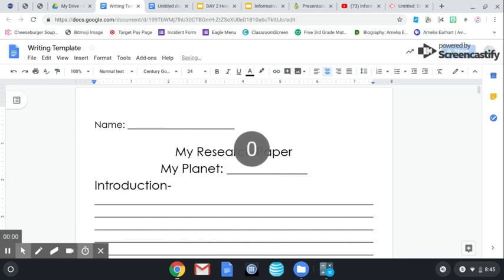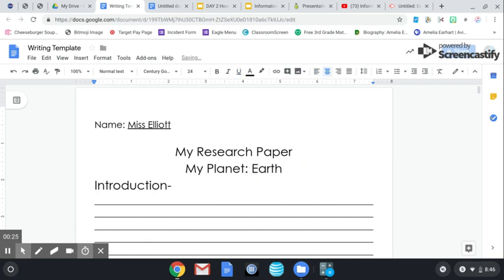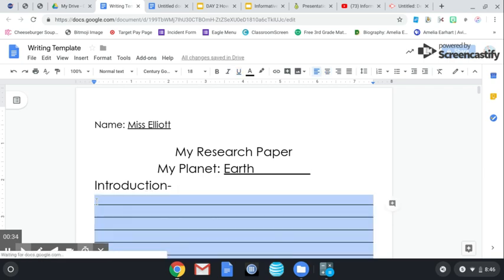Okay, ladies and gentlemen, I am going to begin typing up my research paper. As you can see, the one that I am working on is exactly like the one that you all have in front of you now. So I'm going to fill this in exactly how you need to. So it says name. Well, my name is Miss Elliott. The planet I searched was Earth. Oops, I want those underlined. There we go. There you go. And then it says